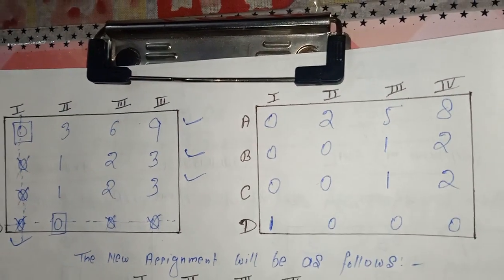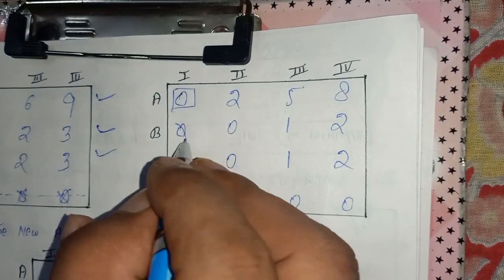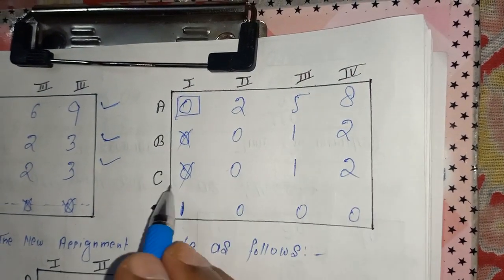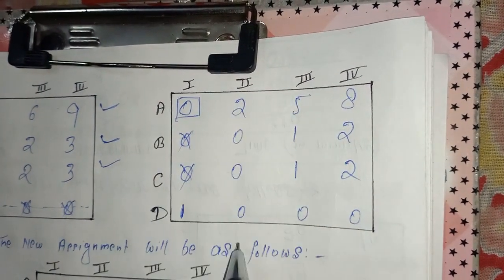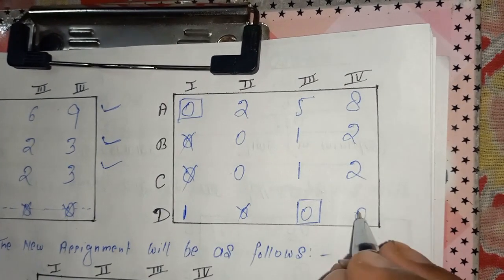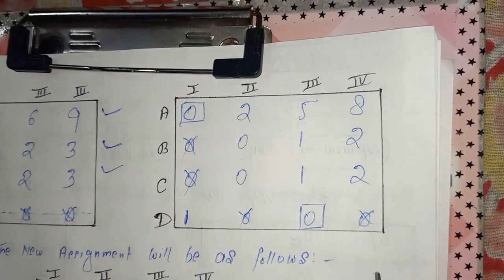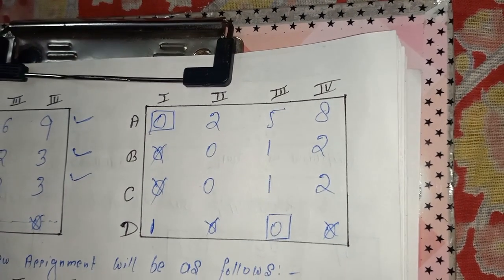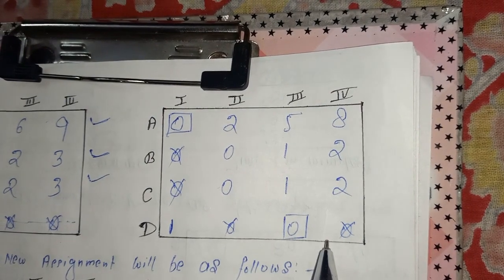Okay, again make assignment. Here there is a single 0, assign it, cross off, cross off. In the second row 2 zeros are there, 2 zeros are there, 3 zeros are there. Come to the columns. Already assigned. 3 zeros are there, 1 zero is there. Assign this 0, cross off, cross off. In the fourth row there is no 0 to be assigned. Now again we have only 2 zeros assigned.